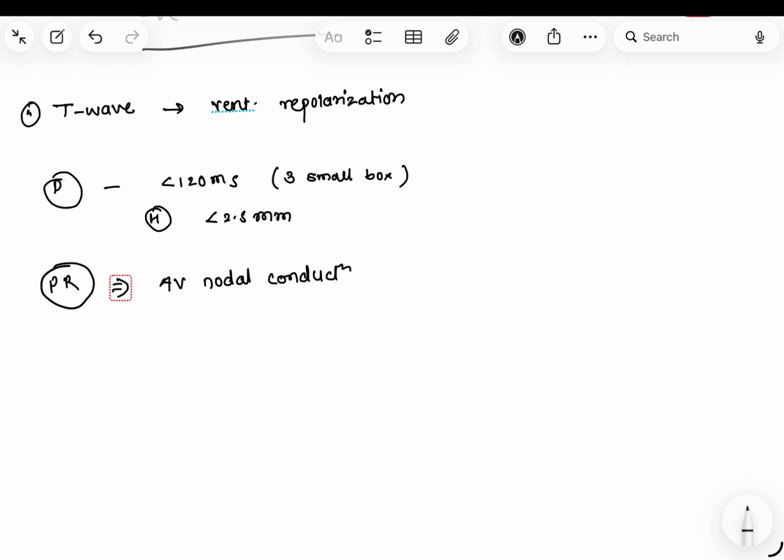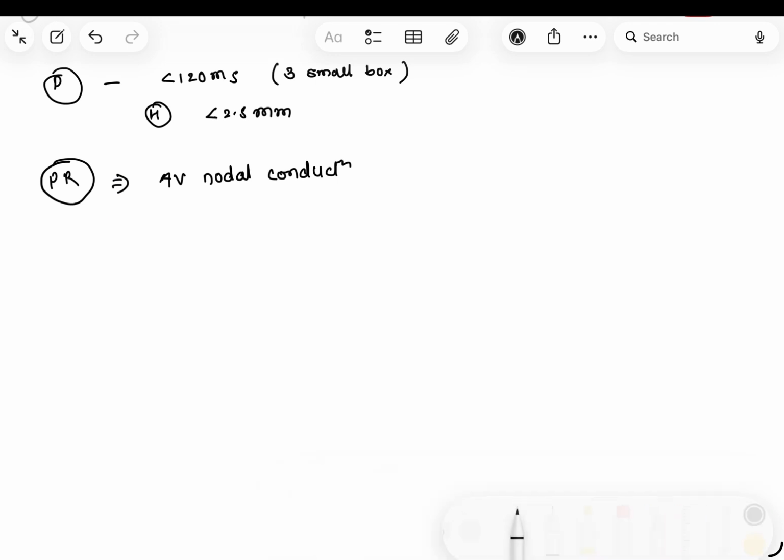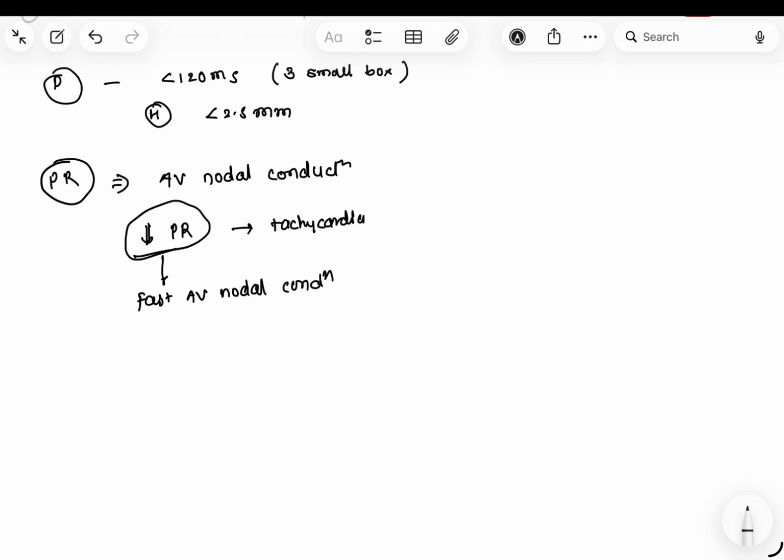What is the importance of the PR interval? The PR interval is very important in case of tachycardia and bradycardia. Suppose you did an ECG of a patient and it has a decreased PR interval, right? What does it signify? It signifies tachycardia, since a lower PR interval suggests fast AV nodal conduction, and this will result in tachycardia. And vice versa, if the PR interval is increased, the AV nodal conduction is slow, so there will be bradycardia,